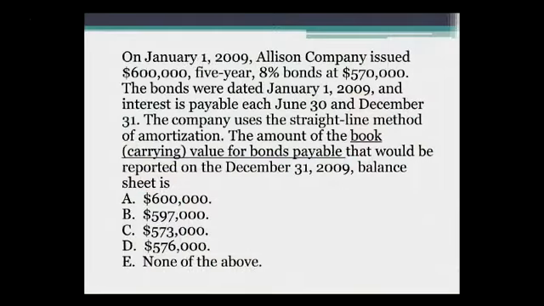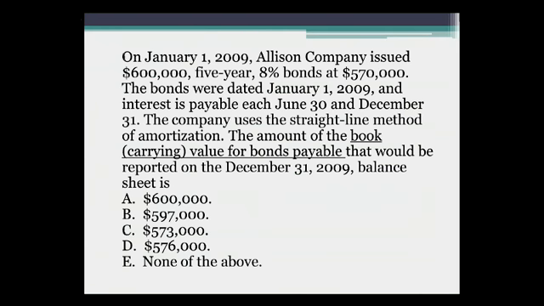Okay, next question. On January 1, 2009, Allison Company issued 600,000 5-year 8% bonds at $570,000. The bonds were dated January 1, 2009, and interest is payable each June 30th and December 31st. The company uses the straight line method of amortization. The amount of the book or carrying value for the bonds payable that would be reported on December 31st, 2009 balance sheet is: